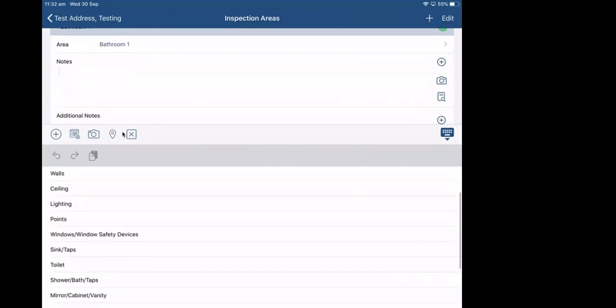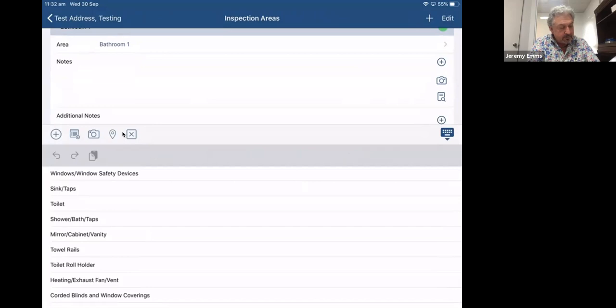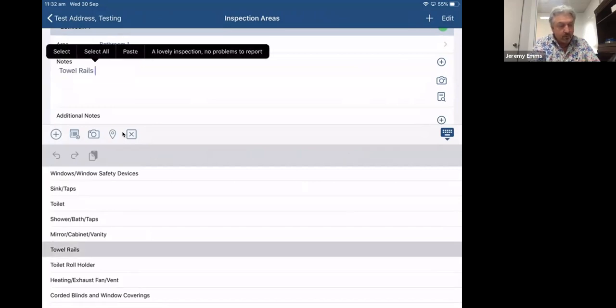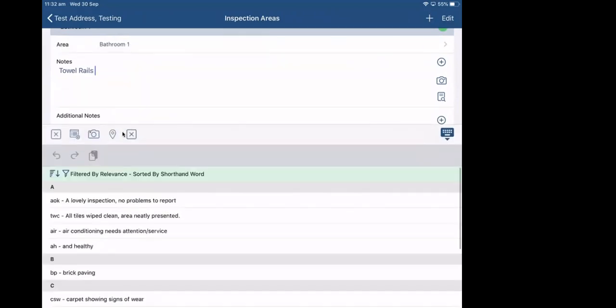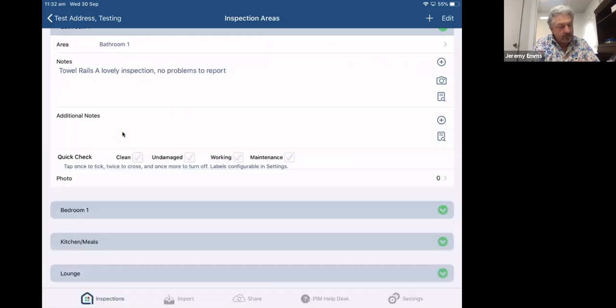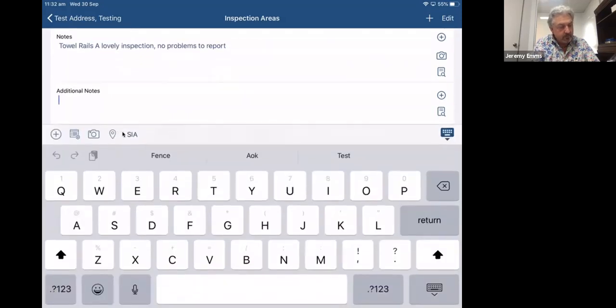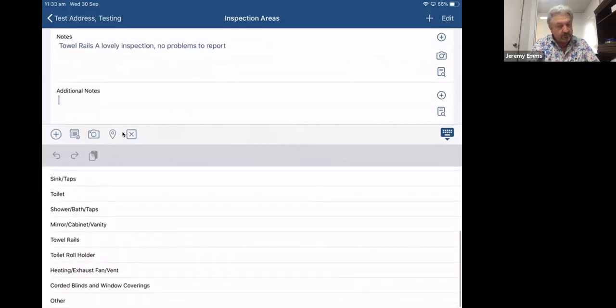And then I can look at those to remind me what to look at. And I can actually press on there, drop it into my notes, and then add any additional notes that I want to. So I can go into towel rails, the inspection, no problems to report. But I can actually use that to show all my sub-inspection areas for a routine.